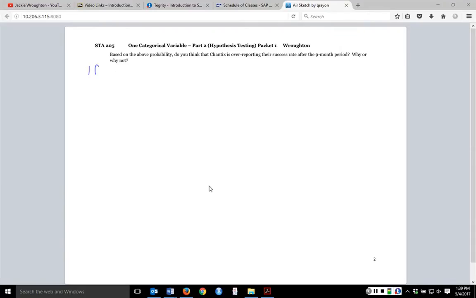So I'm going to start with this big first word here. If. So this is a very important part. If. So if they are telling the truth, and by that I mean the 30% success rate, the probability or the chance of our sample happening, or technically anything worse, we looked at anything below that as well, is what? So this